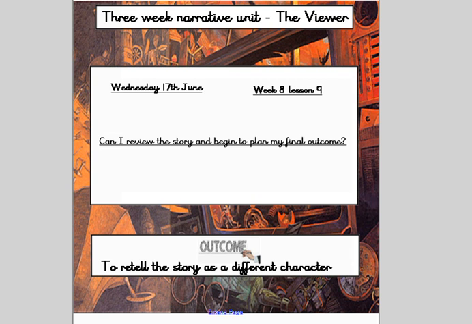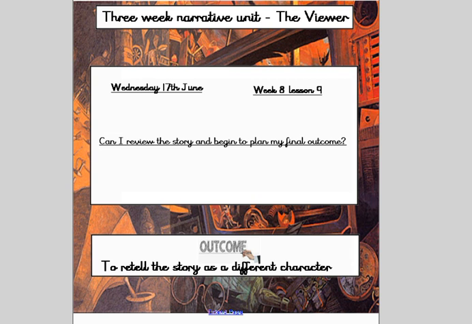Thinking back to yesterday with Miss Wilson, you looked at creating a story map. You've also, on Monday, looked at an overview of the story, some of the key events of the book, The Viewer. Now, today we're going to turn our attention to our final outcome. So we're going to have a little review of the book, a little think about what we think the book was about, a little think about some of the things that happen,